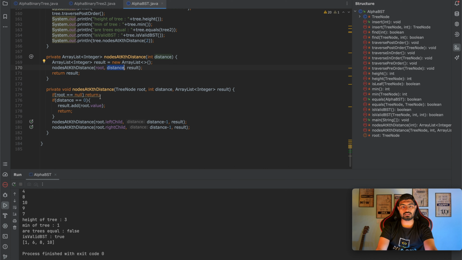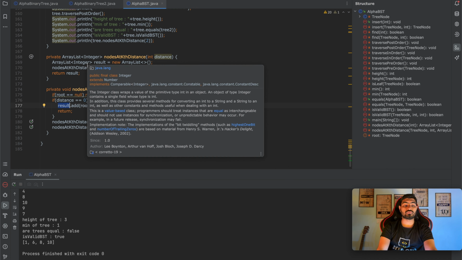If root is equal to null, return the control there itself, and once distance is equal to 0, no matter what value we are passing here, with every single recursive call, it is going to decrease the value of distance for left child as well as right child, and when the distance value is 0, it is going to add the value of that particular node, and it is going to return it. In the end, we'll have the values at that particular distance in this result variable, and that same thing we are returning here. So I hope you are able to understand this